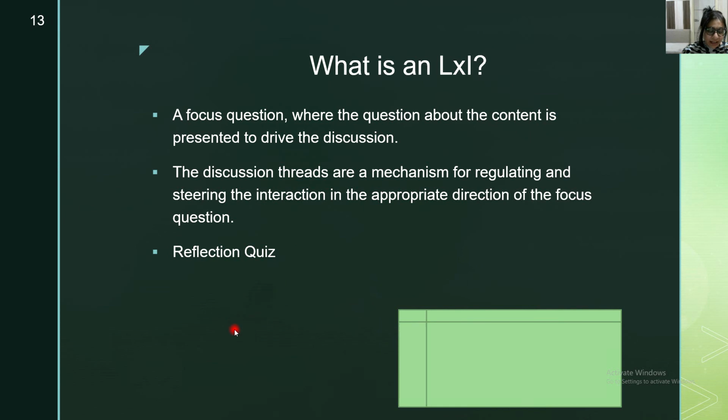In the end, the reflection quiz provides a perfect closure to this activity, and it also incentivizes the engagement of the learners by making them visit the discussion and answer the quiz questions. So in short, I can say that LXI cultivates peer learning via focus question.